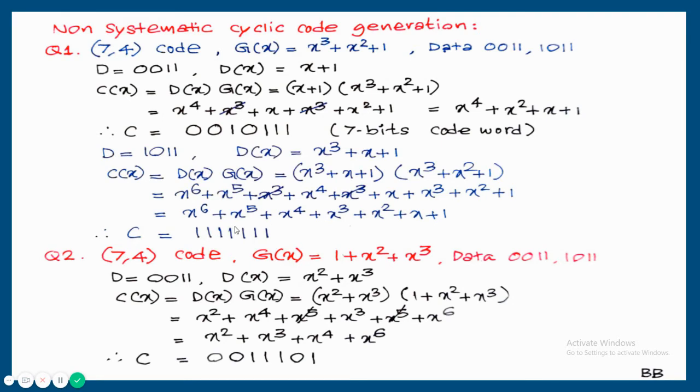This is a very good example of a non-systematic code. The reason is you can see that 0 is a part of the data bits, but that 0 is not there in the code word. That is why we are not able to say the data bits exist in the code word for a non-systematic code. Non-systematic means we just get a code against this data. There is no fixed position for data bits. So even that 0 is not there in the code.